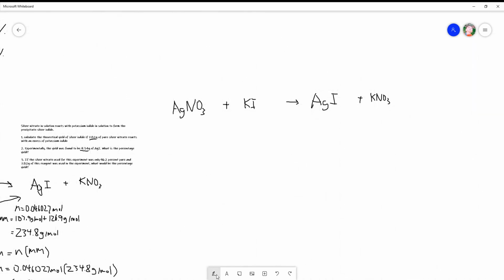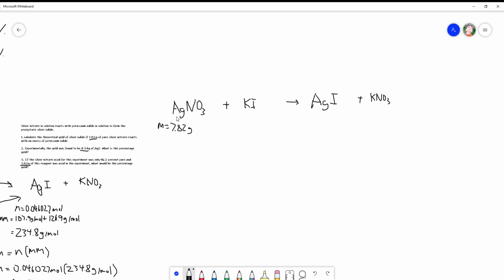in the question, the mass of this reagent is 7.82 grams. So the mass of silver nitrate is 7.82 grams. And I'm putting this under silver nitrate once again to show that they are related. And then since we know that the percentage of